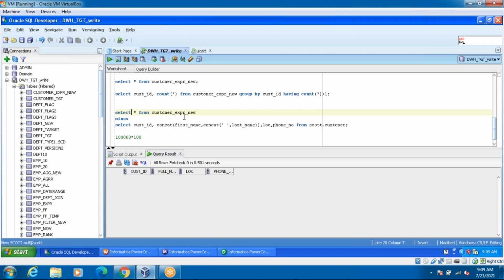Okay. So like that, whatever queries you build, you have to reuse those queries for all the tables in real time. That's why I'm saying we have to prepare the queries one time. In those queries, you only have to change the table name, column name, and then the logic. You have to reuse them in real time.